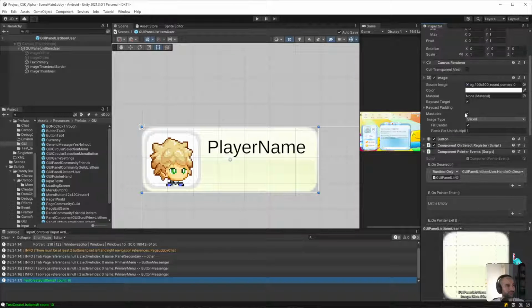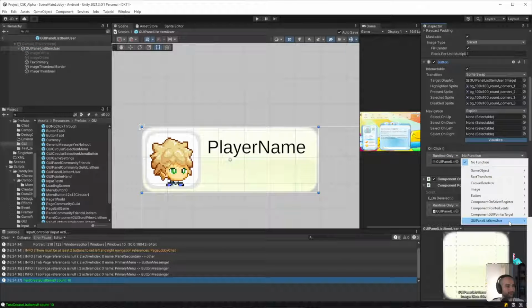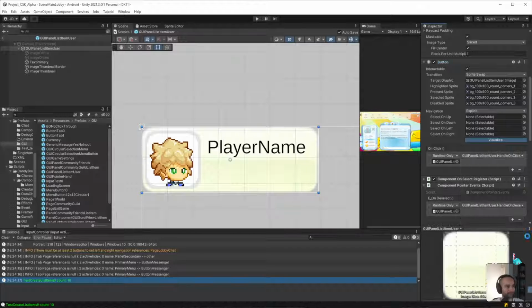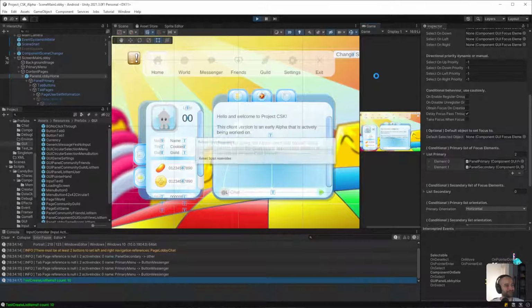And then there should be a button on click. That's what it is. Okay, mystery solved. I was wondering what was going on there.